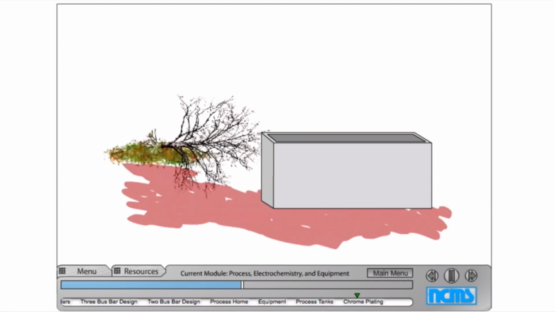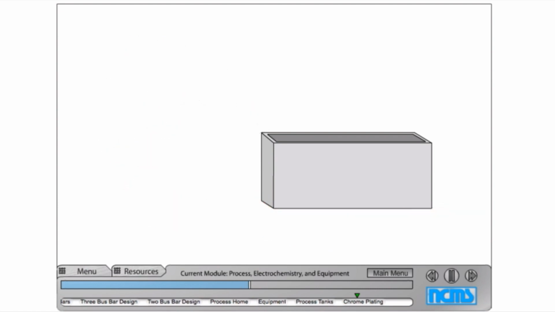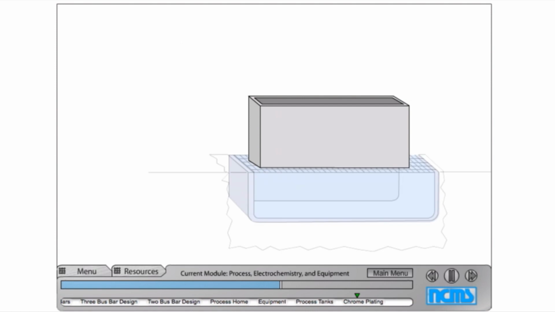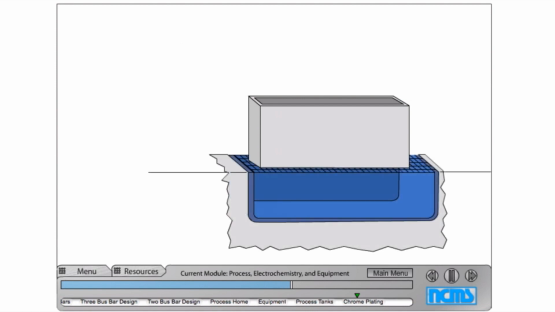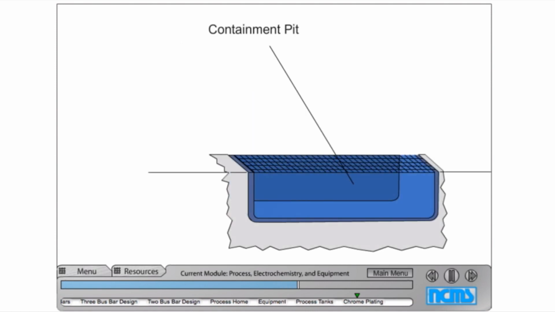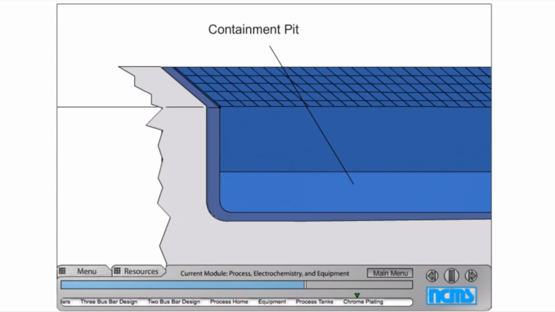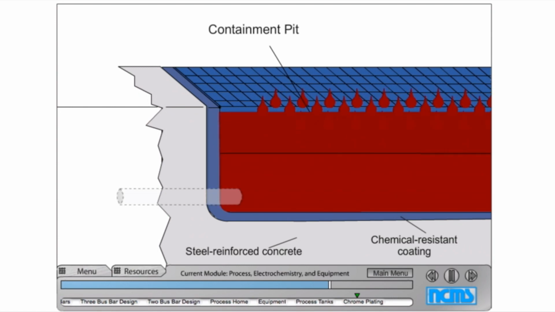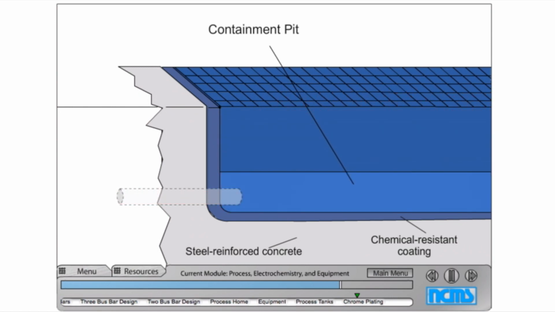Because of this, tanks should have 3 layers of protection against leaks or failures. The first 2 are the lining and the steel tank itself. On their own, though, both could eventually fail. The third barrier is a containment pit situated below the tank. This should be made of steel-reinforced concrete covered in a chemical-resistant coating. The pit must be large enough and durable enough to hold the entire contents of the tank until it can